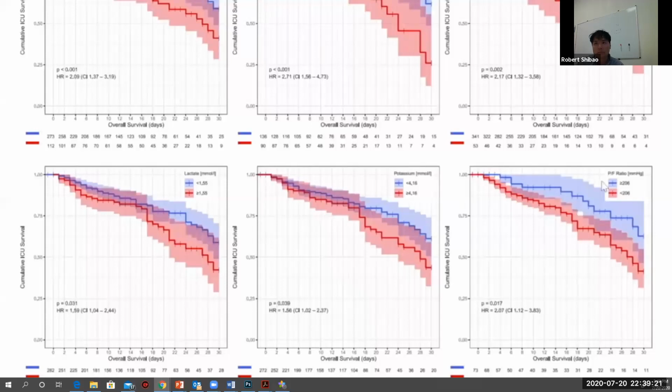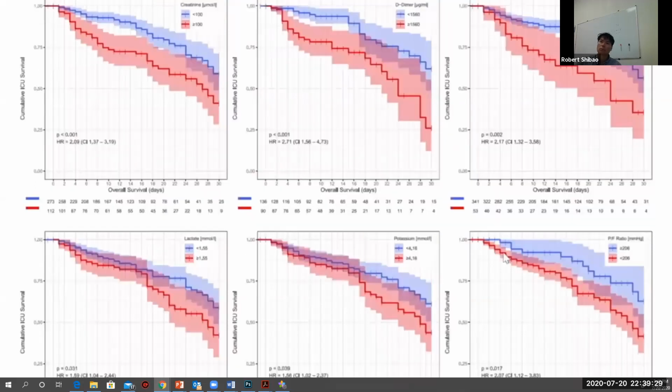Finally, the PF ratio is pretty self-explanatory. If you have microthrombi in the lungs, your PF ratios are going to be very low. You can see that in each one of these situations, it could independently lead to worse survival based on thrombosis alone. But I believe the one that is closest to a direct measurement of microthrombi is, in fact, the D-dimer. And if you'll notice, the hazard ratio out of all of these is the highest in the D-dimer.